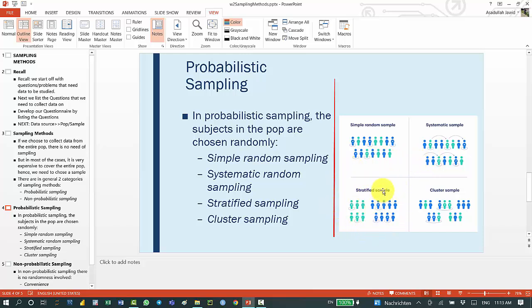In stratified sampling, what we do first is to divide our population into different strata. This particular sampling is applied to scenarios where we have heterogeneous groups within our population. For example, if we consider the students in the university, different majors could form a stratum. Then what we do is we choose a subsample from each stratum